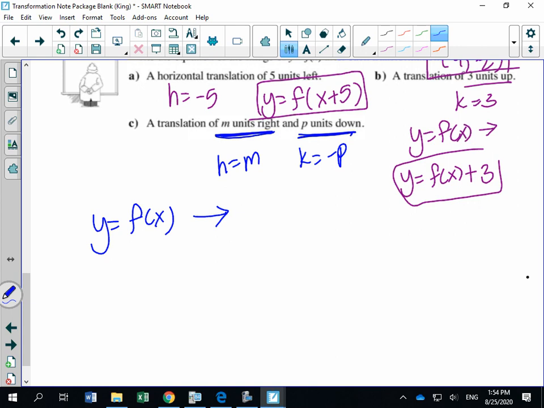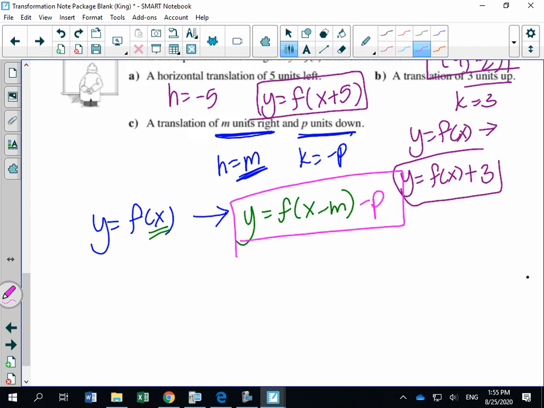So M units right, that's within the transformation. So that's going to be Y is equal to F of X minus M, right? Because if I want to go to the right, this would be a minus. We do the opposite. And then I want to go down. So I'm going to put minus P. That will move me down. This is acceptable as an answer,